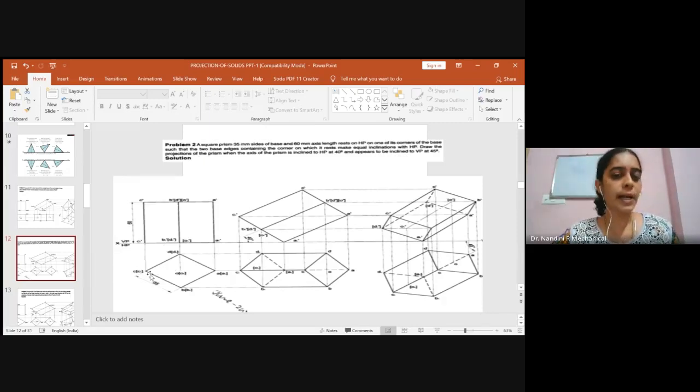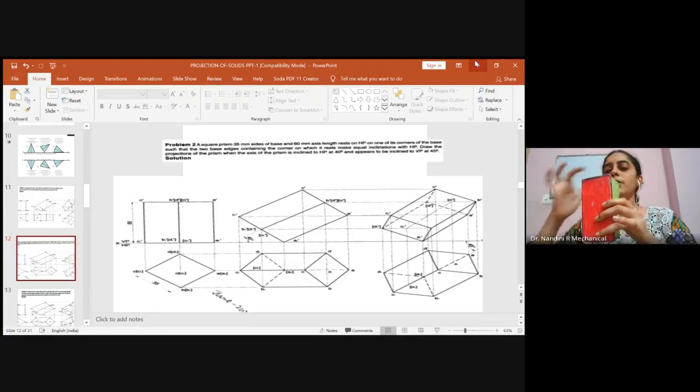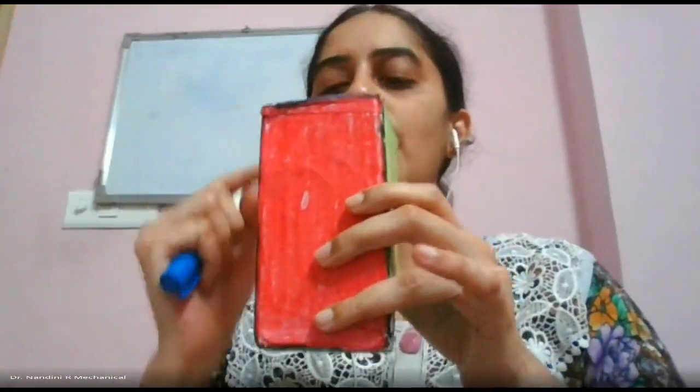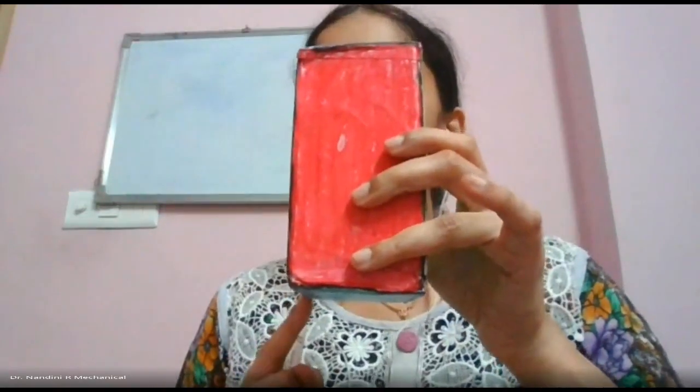Once it has been done, don't forget to write the centers and the naming for each corner. While naming, in planes we used to give only one name, but here that is not the case. In the square prism, you will have the top square as well as the bottom square. I told you the top square will be named A, B, C, D, and the bottom square will be named A1, B1, C1 and D1. So this is A, B, C and D. When you view from the top, A will be visible and A1 will not be visible. So A you will put outside the bracket, A1 within the bracket.